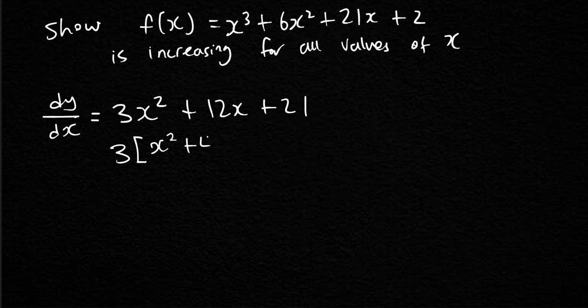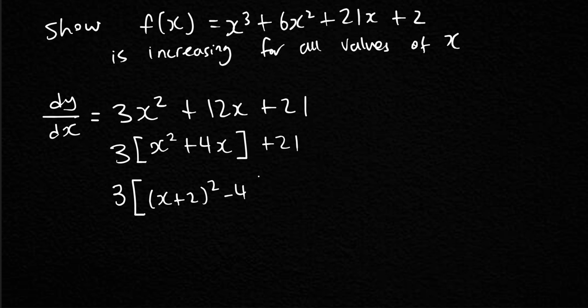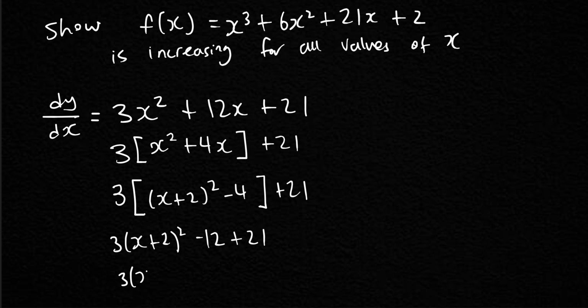3 times x squared plus 4x plus 7. And then we can complete the square on the inside. 3 times x plus 2 squared minus 4 plus 7. 3 times x plus 2 squared minus 12 plus 21. So 3 times x plus 2 squared